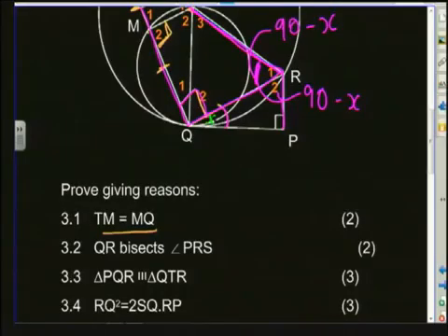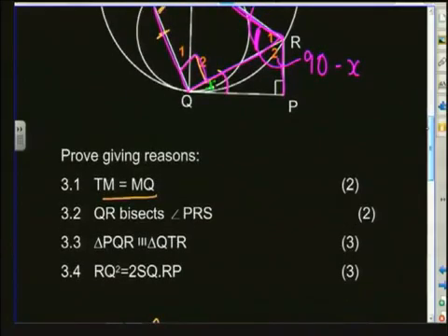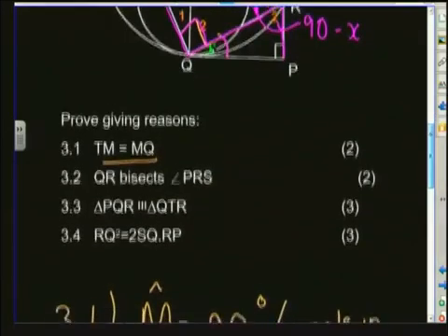All right? Equiangular triangles are similar. So I need to show that all of the angles in triangle PQR are equal to all of the angles in QTR. Really what you need to do is to show that two of the angles are equal to two of the other angles,